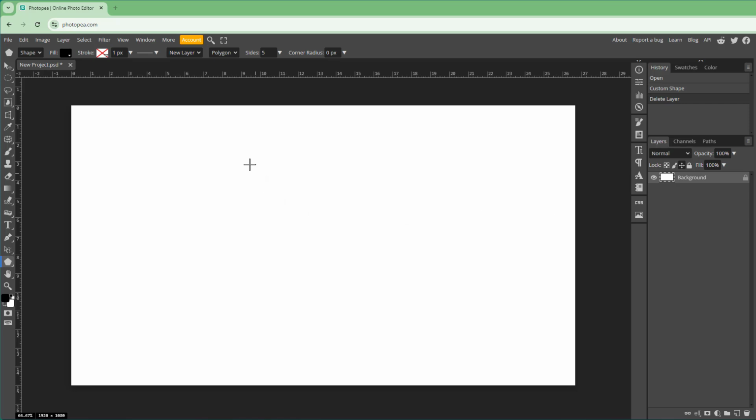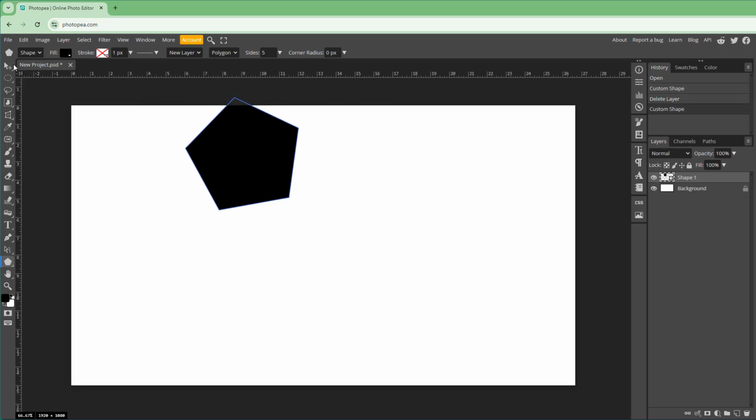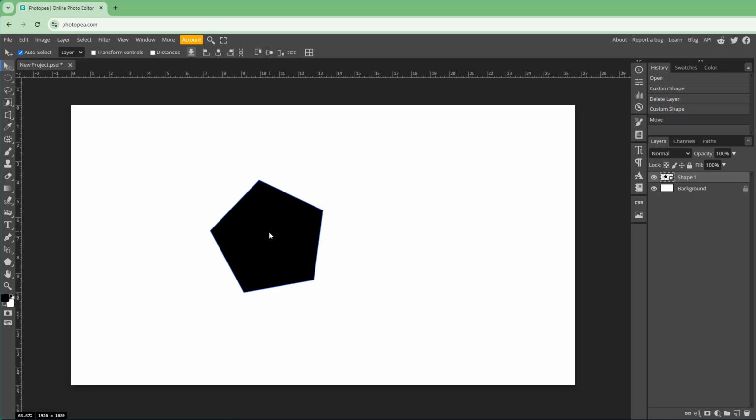So over here, let me just go ahead and bring in a shape right here, just like this. So once I go ahead and bring in this particular shape, then this is what you have. You have a shape right here. So what you can do with the shape is that you can also work around with